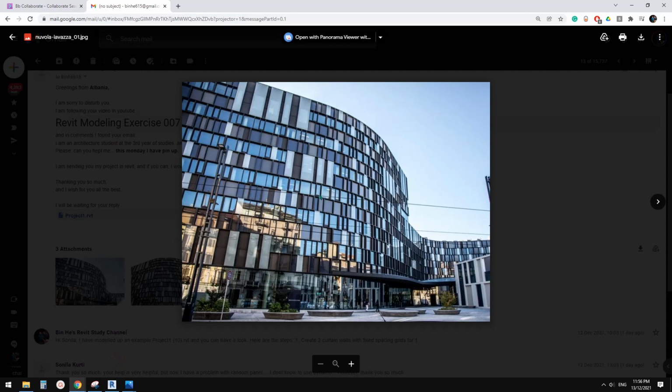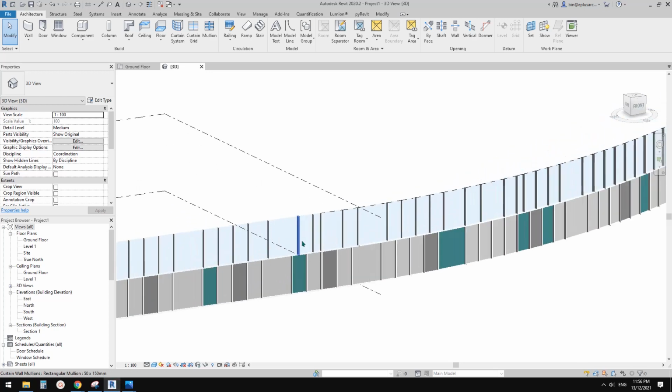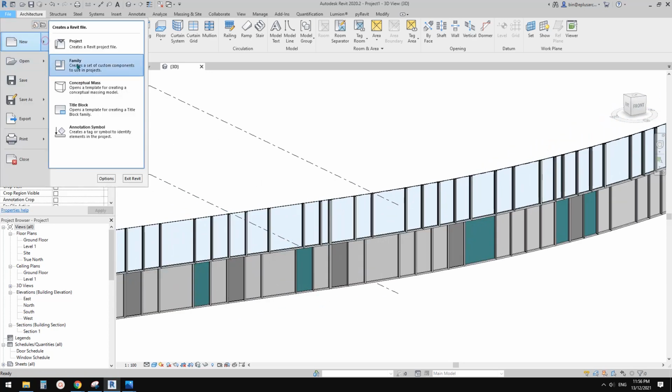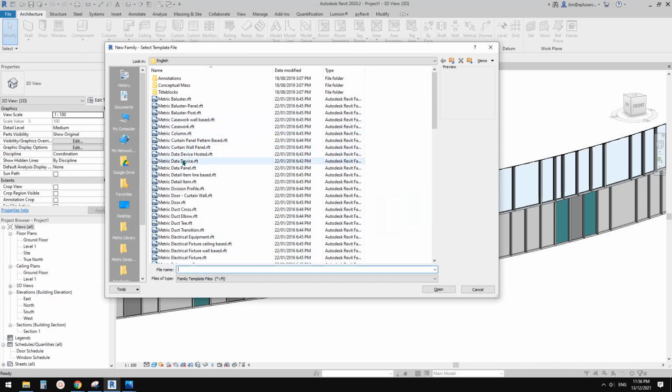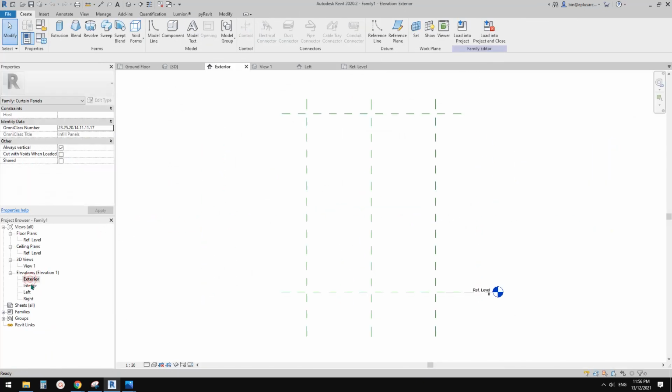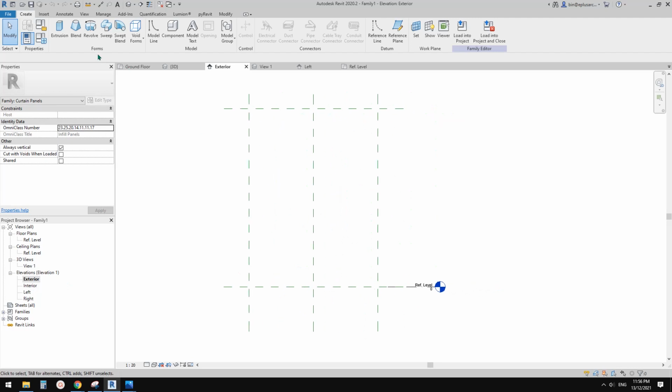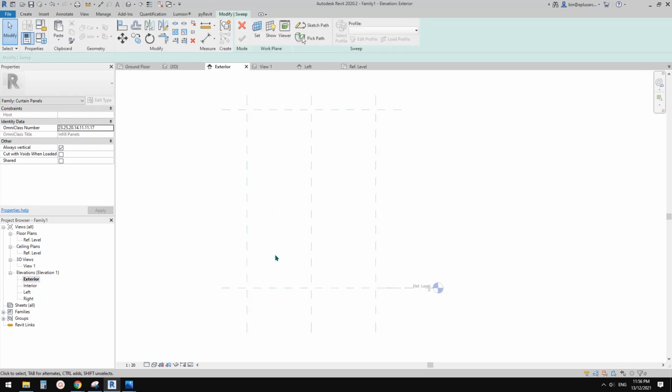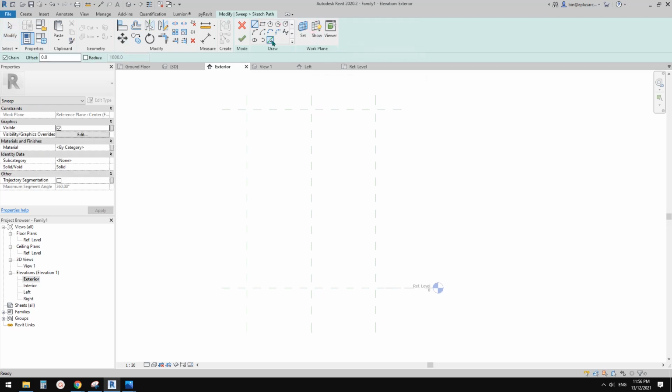And also here, see some of the panels, this looks like a window. So we can quickly create one that looks like that. Okay, so let's quickly do it. So new family, curtain wall panel, and we just need to go to exterior or interior elevation. So we're going to just create a sweep. Okay, so create a sweep in sketch path, pick line, lock 1, 2, 3, and 4, and trim TR,